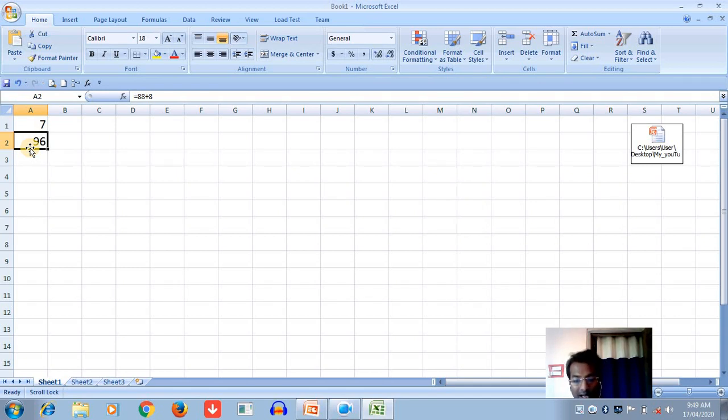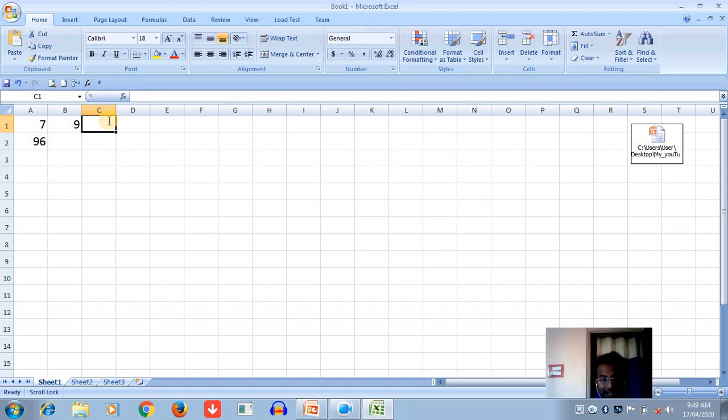A formula can also use data stored inside a cell. Suppose you want to add the contents. I am already showing how to add the contents. Like A1 contains 7 and B1 contains 9. So these are the cell contents: cell A has the value 7, and cell B has the value 9. Display the result in C1, using cell references.